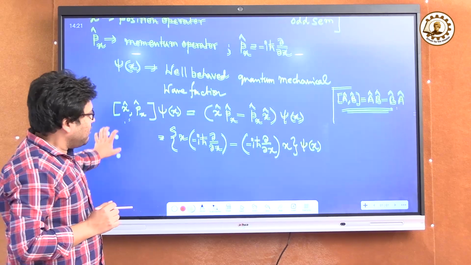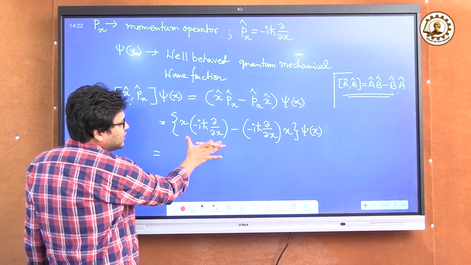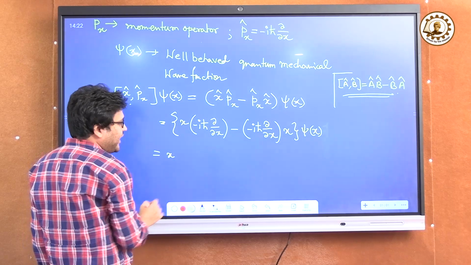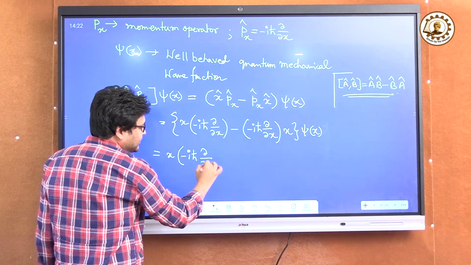Clear? Now this total term is going to operate on the wave function psi of x, that is x times minus i h cut del del x